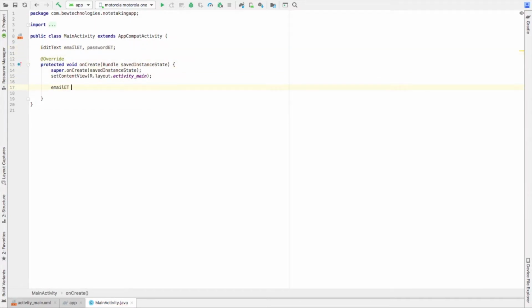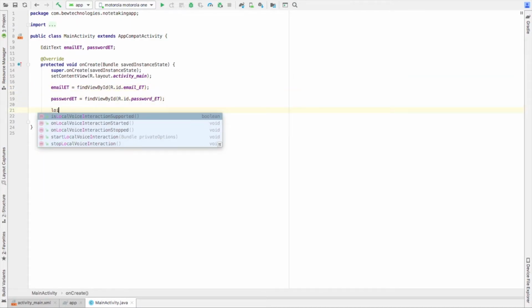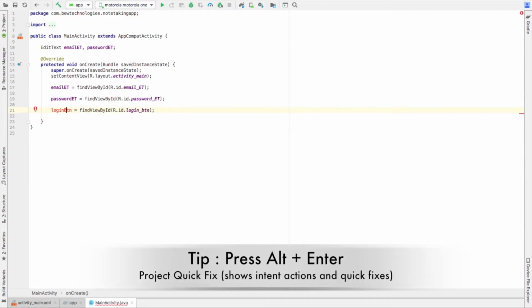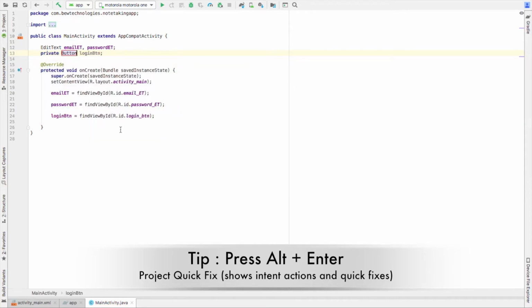Email ET was to find view by id, R.id.email. Same goes for password ET. So we got these. And what about the buttons? Yeah, login button. See, it's showing an error because we haven't declared the button. So we'll do it like this. Alt plus enter you will press, and you will see that it will give us some suggestions.